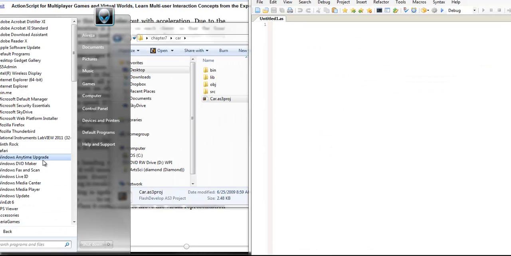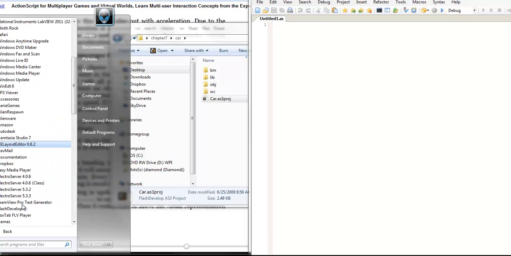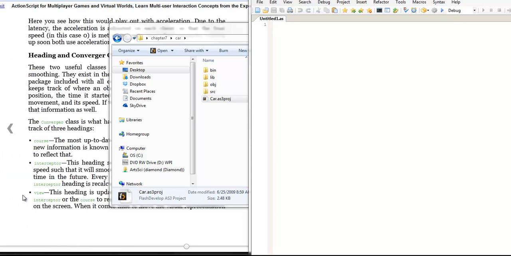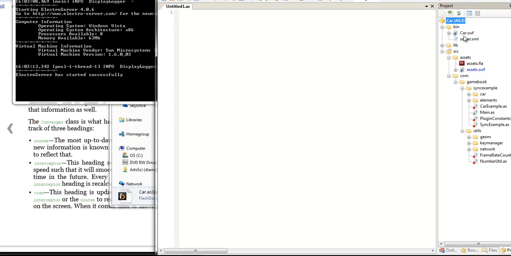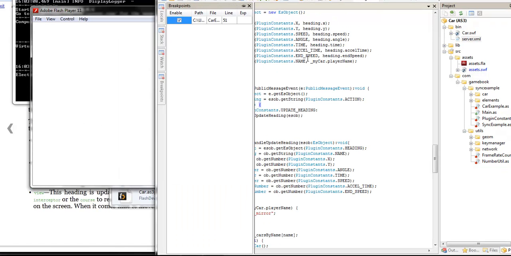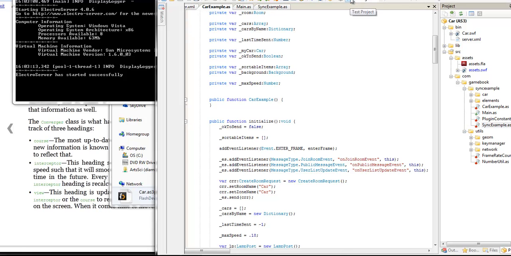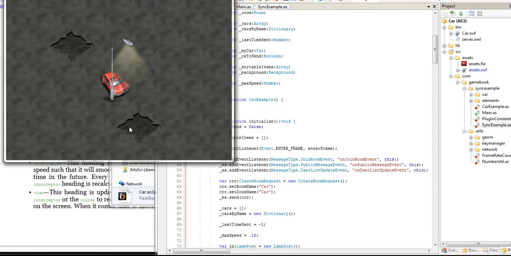Right, I first need to run my Electro server. And then you would have to see the Electro server port and IP set up correctly. Alright, so now that the Electro server is set up, notice that